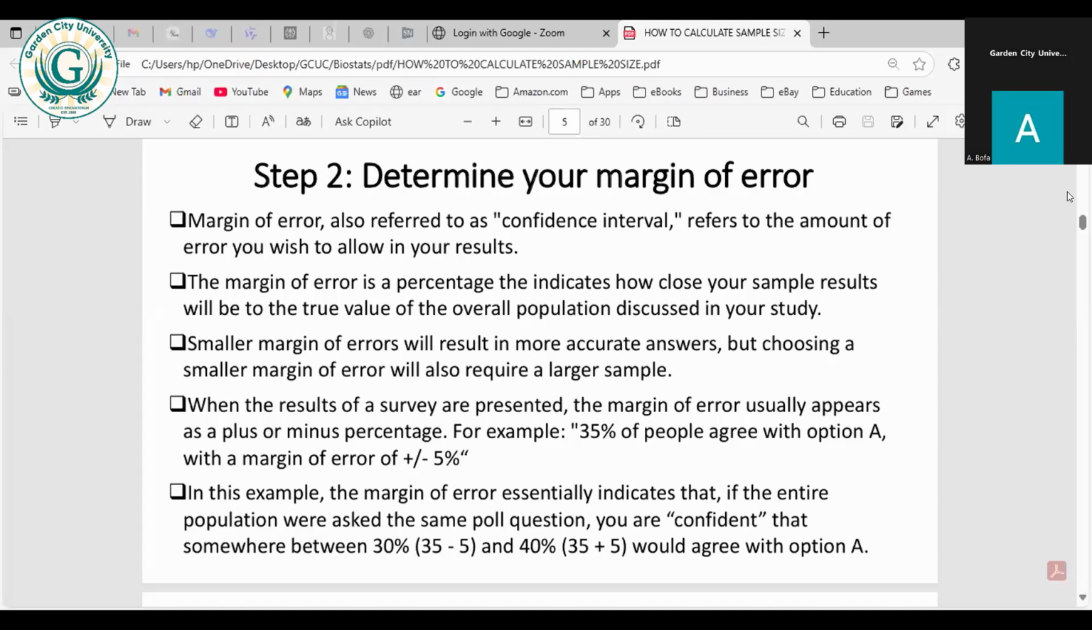So for example, let's say I'm doing research on the perception of biostatistics in class. After my research, I found out that 60% of the class are interested in biostatistics with a margin of error of, let's say, 5. So it means that if I come and do this research again,